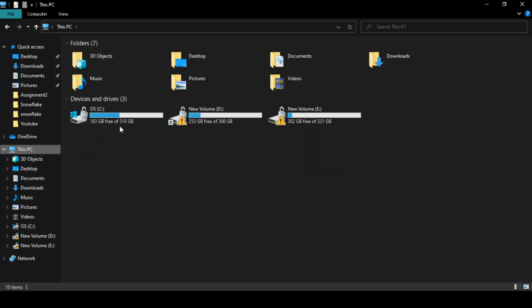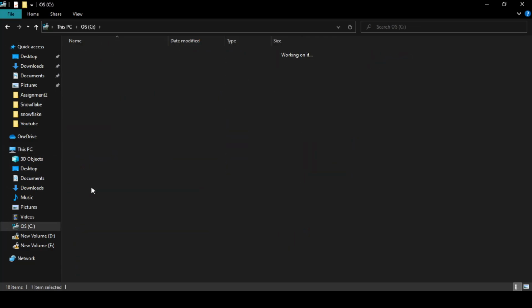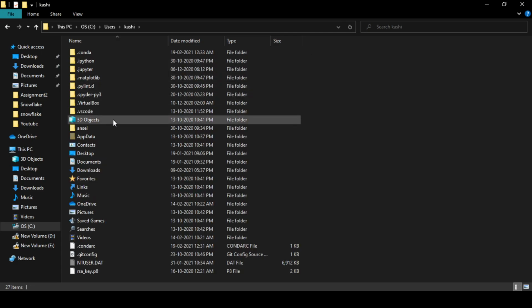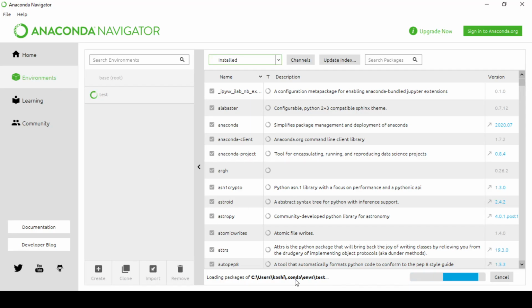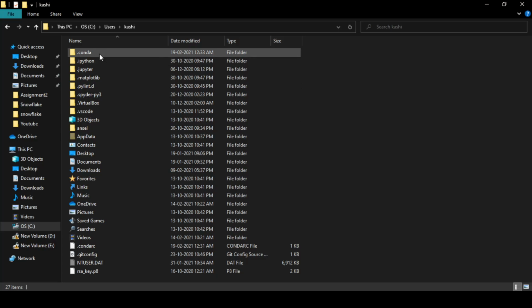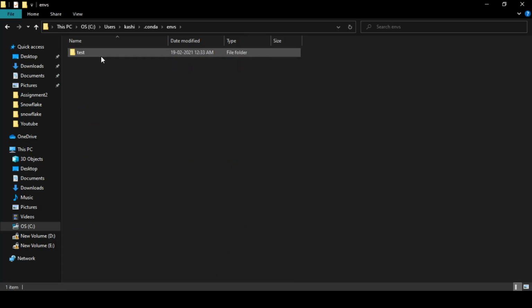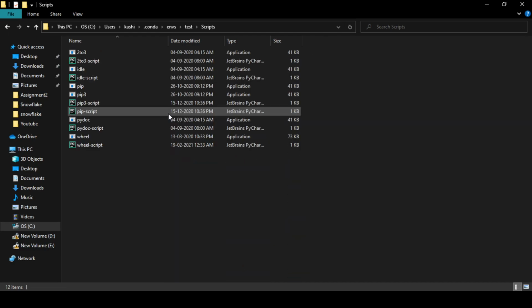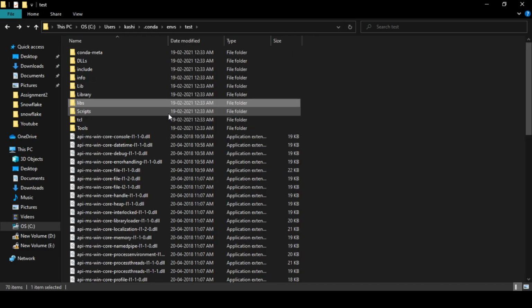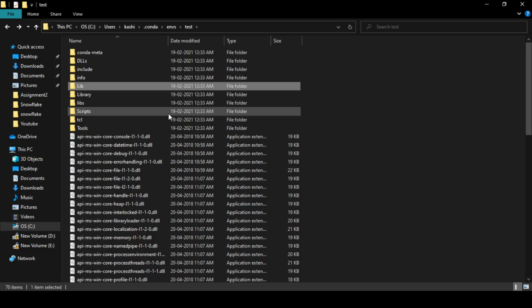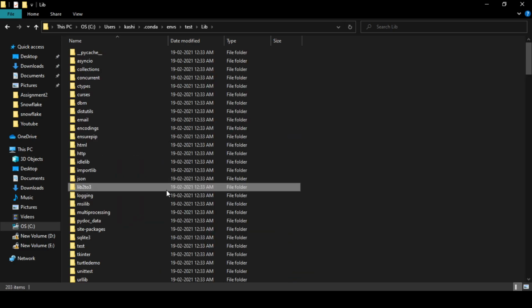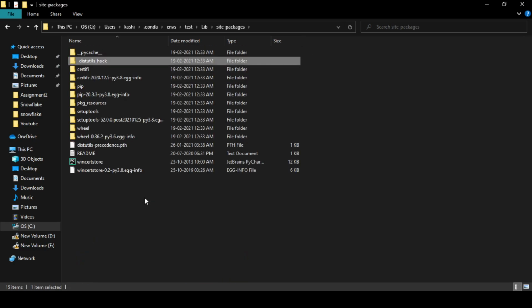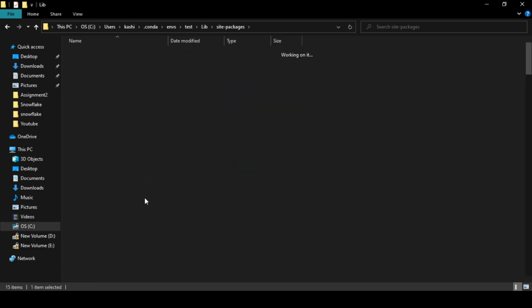I can go here, users, my user, and then I can go to .conda envs, and here you can see that a new environment has been created, and here I have all the dependencies installed. We can go to libs, not this one. We can go to lib, and here we can see site packages, and here you can see all the libraries that are installed.